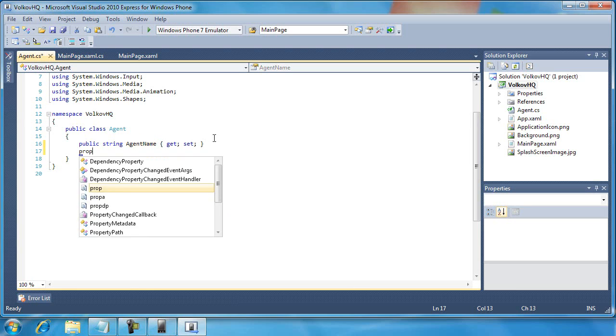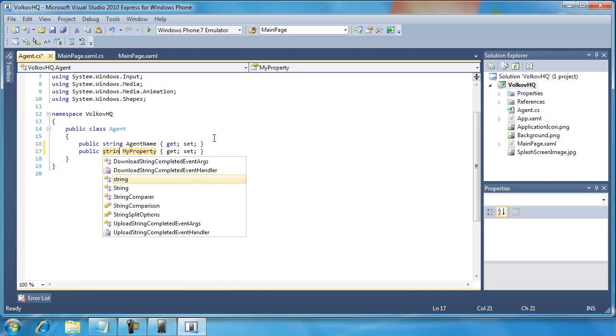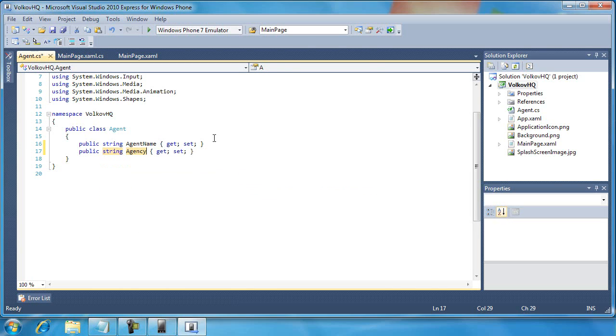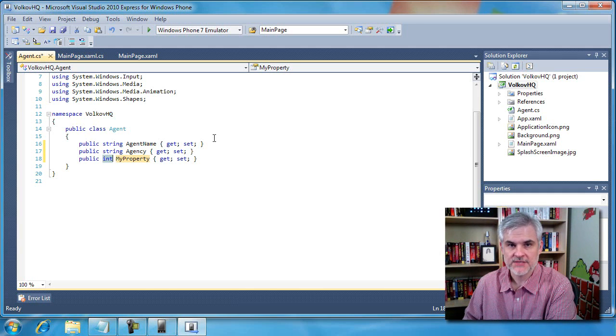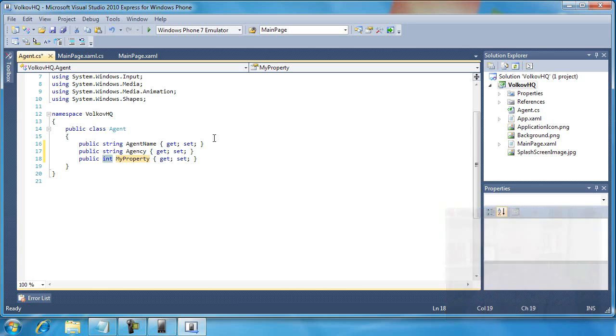prop tab, string tab, Agency tab, or enter rather, prop tab, and I want to retrieve the checkbox value. And if you recall from our previous discussion, it returns a nullable boolean. So I'm going to type in bool question mark tab, sorry, just 1 tab, and then IsUndercover, enter, prop tab, string Proficiency,